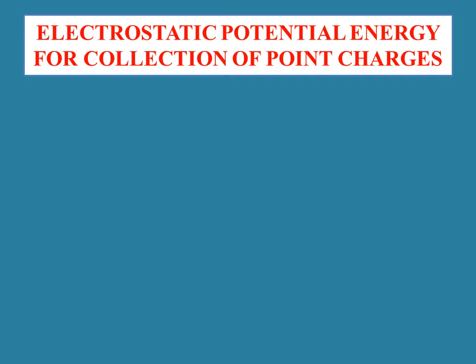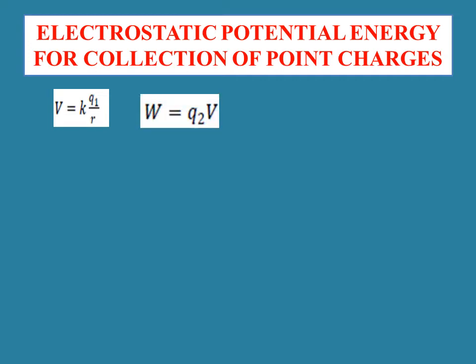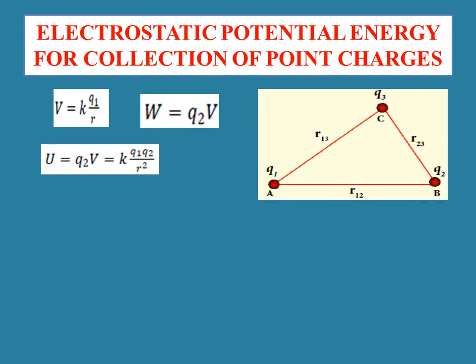The first one is electrostatic potential energy for a collection of point charges. Suppose you have different charges placed at different distances, then what will be the electrostatic potential energy due to the collection of point charges is being discussed here. Now if you see the diagram, you have three charges Q1, Q2 and Q3 which are placed at A, B and C respectively. Now, suppose you have the charge Q1 alone initially, which is brought from infinity and kept